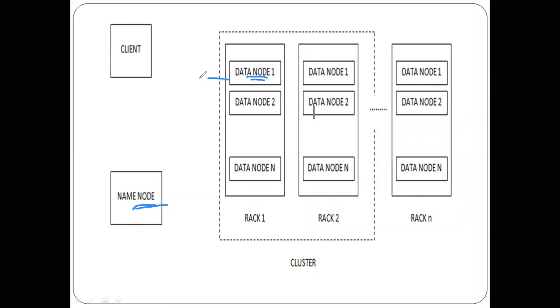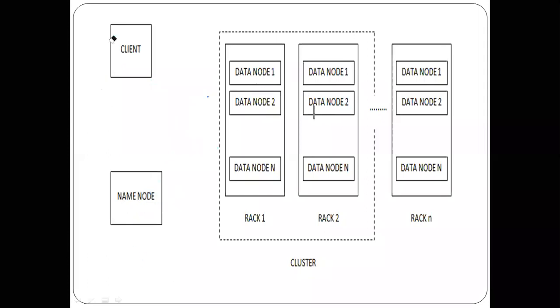Each time during the data transfer operation, there will be a signal. Name node keeps on observing this signal. This signal is called the heartbeat signal. Failure of this signal indicates the failure of the particular data node. In such a case, as I said, the replica of the data block will be present in some other data node, right? That replica will be taken from another data node. Clear?